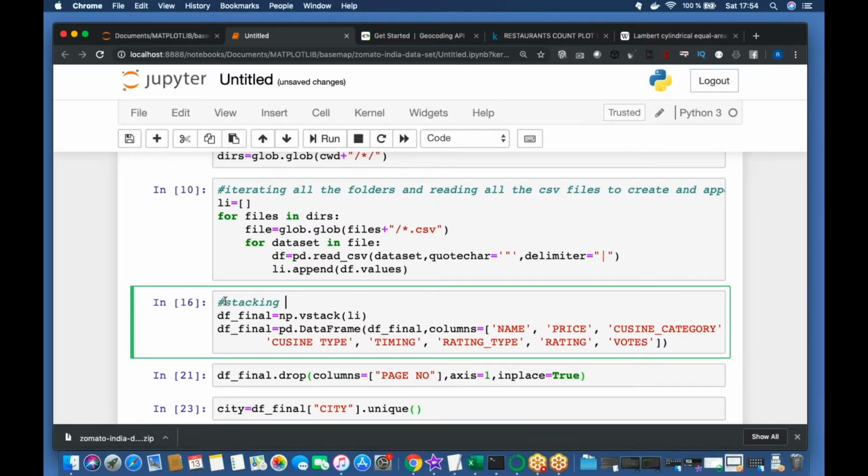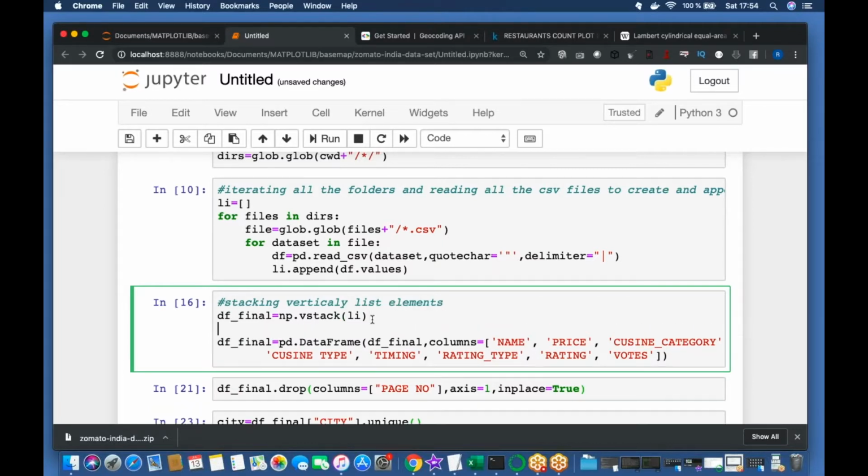Stacking vertically, list elements, creating data frame